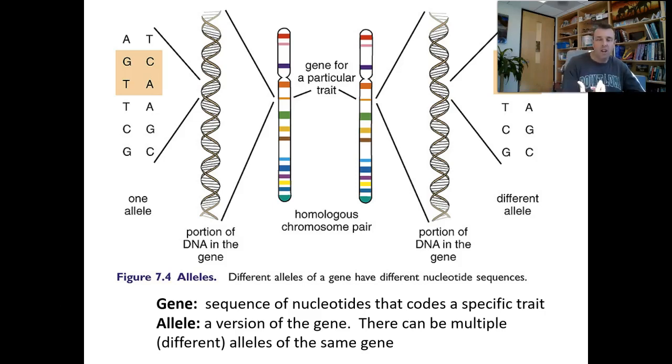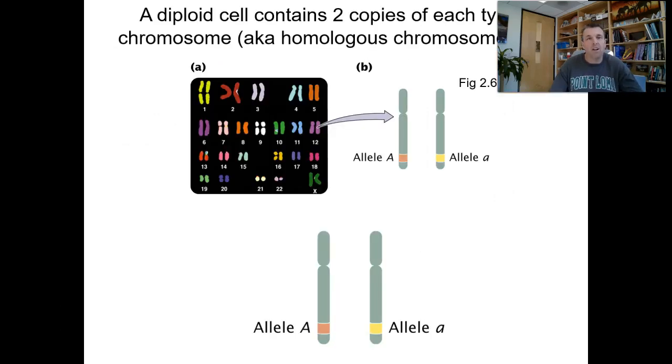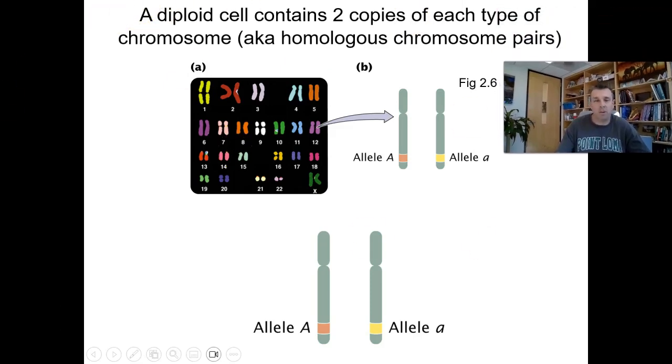So genes are the sequence that codes the trait. Allele kind of is which allele you have determines which specific trait of that you have, right? And so we are diploid. And diploid basically means that we have two copies of every chromosome. And this is because we reproduce through sexual reproduction. And that means that we got one of our copies of each chromosome from mom and the other copy from